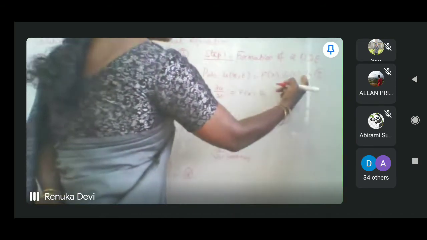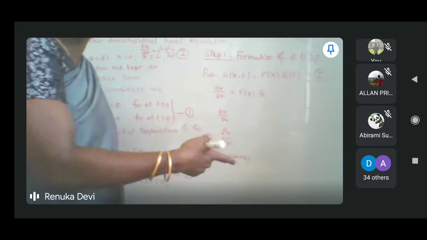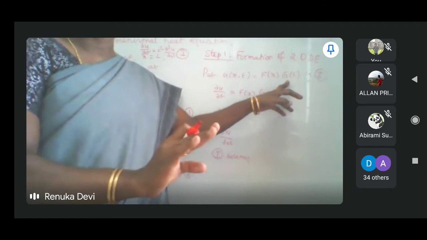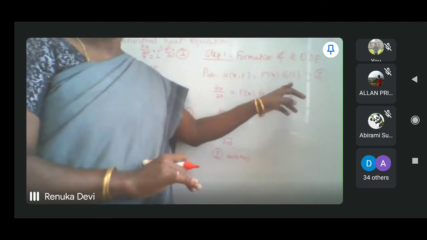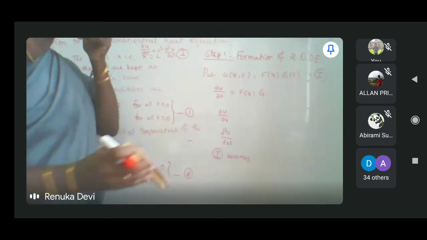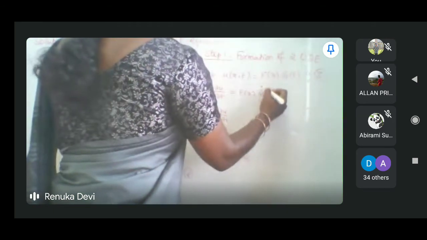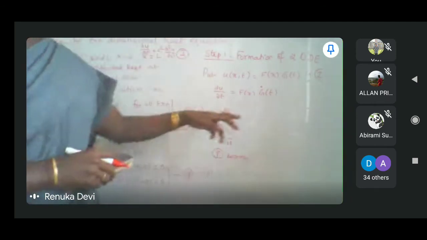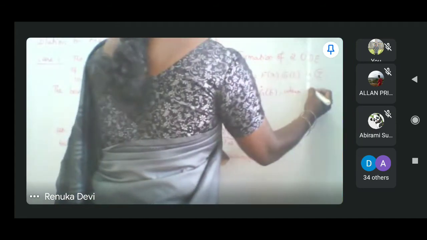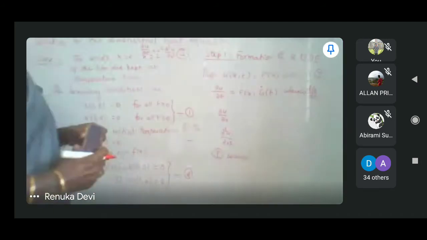Because g is a function of t alone, instead of partial derivative it becomes an ordinary total derivative. Why a total derivative? Since g is a function of t alone, there is no other variable. So we can take the partial derivative of g with respect to t as the total derivative of g with respect to t. Therefore, in your book notation it is g dot. This g dot is dg by dt. That is the meaning.